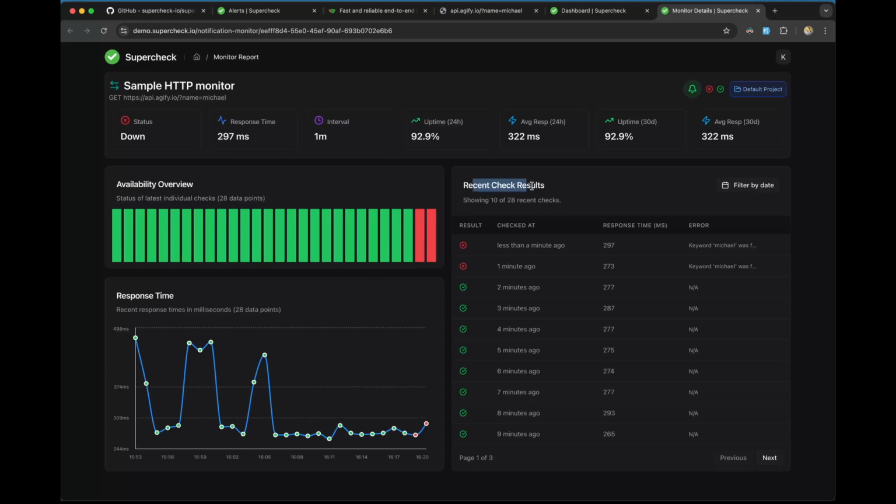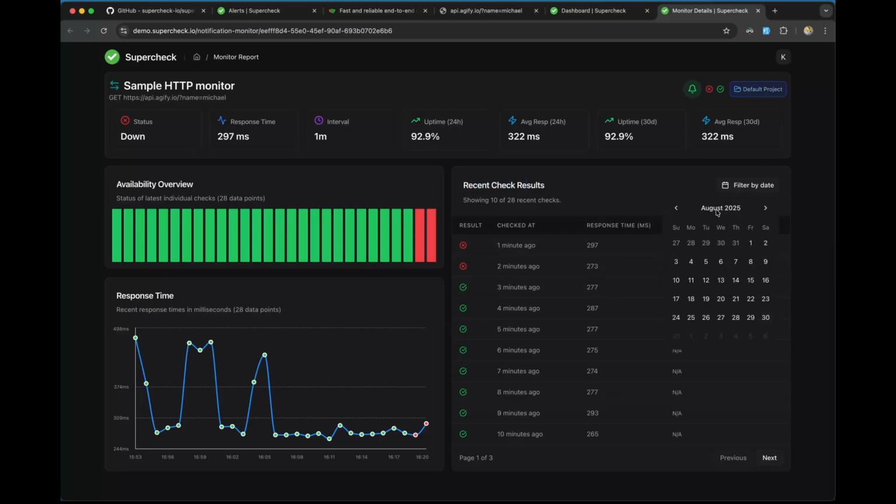And then your recent checks are here. If you hover over this error, it again tells you the same error, that keyword Michael was not found in the response. Now you can filter it by date, in case you have thousands of checks and you want to see what the status was last week. You can come here. And I guess it shows only 50 data points. Currently it's 28, but it shows only 50 data points here,